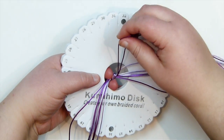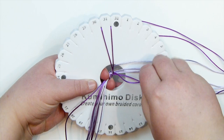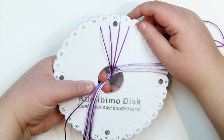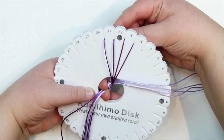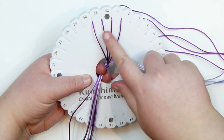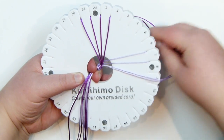And then I start with one colour, and then at the top here I want to put 2. Don't worry about the numbers on this, it doesn't matter. Just use the dots on it as guidelines, because like I said, we're not going to be moving around the disc with this one. So I'll put my 4 cords of one colour here at the top, and then the other 4